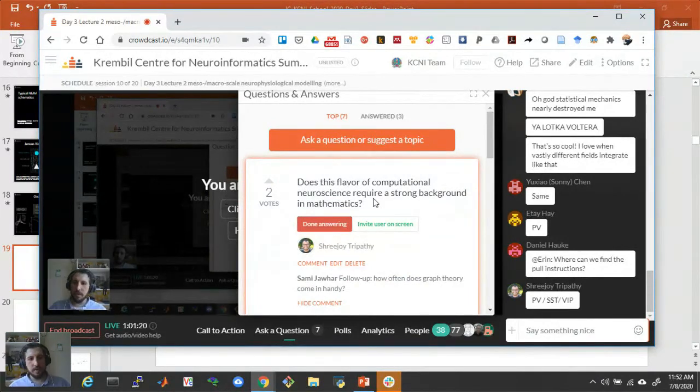But you need to know certain things about what an equation is and what doing a simulation is and stuff like that. You don't need a strong background in mathematics. Itai doesn't have a background in mathematics. I don't think half of the people in computational neuroscience have, strictly speaking, a background in mathematics. They have a really rich tapestry of backgrounds in various fields that add to their USP